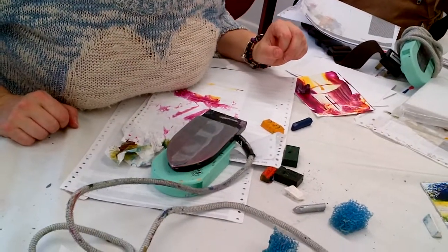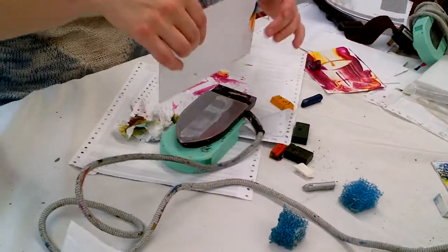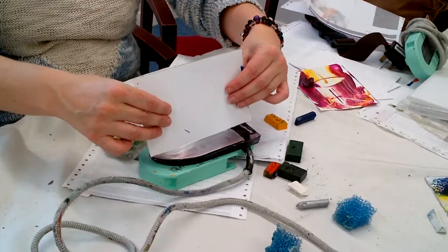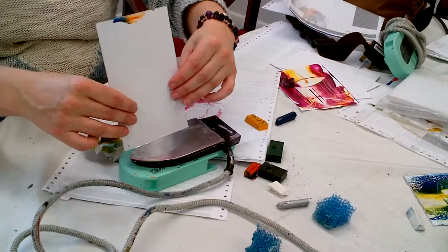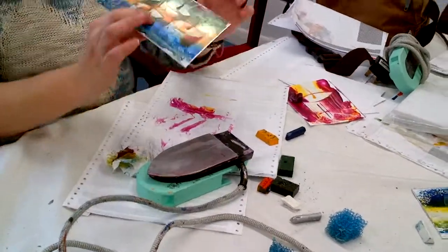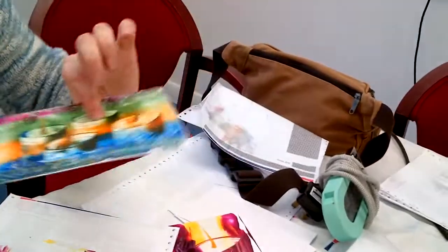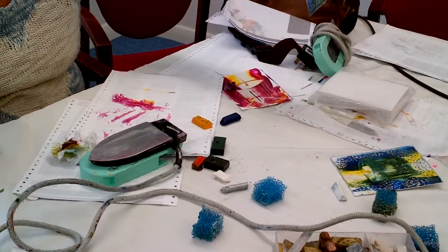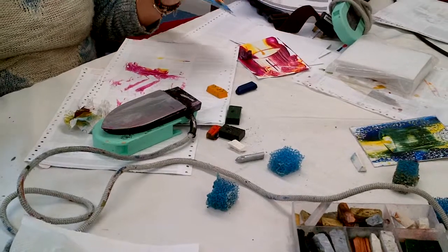The silver edge just finishes the whole thing off, and you're just going to go round. It's easier to do it facing you. I was only doing it that way just to show you how, and then you just go all the way round, and you end up with a nice silver edge on your card. Be careful when you pick it up afterwards, otherwise you smudge all the edges. Okay? So do you want to have a go? Anybody that wants to have a go at the